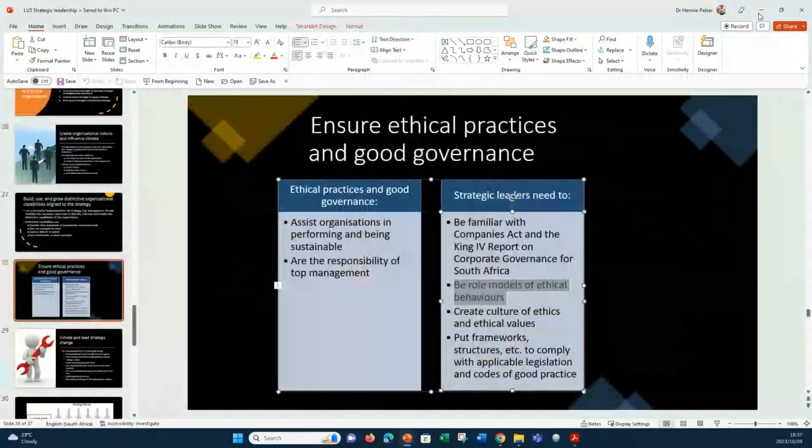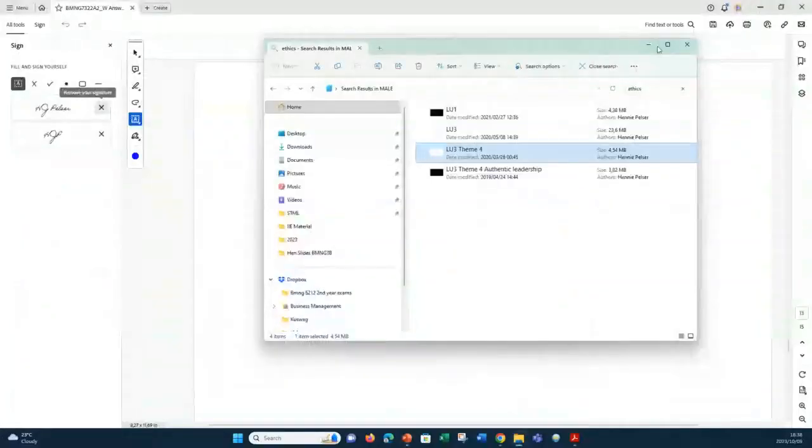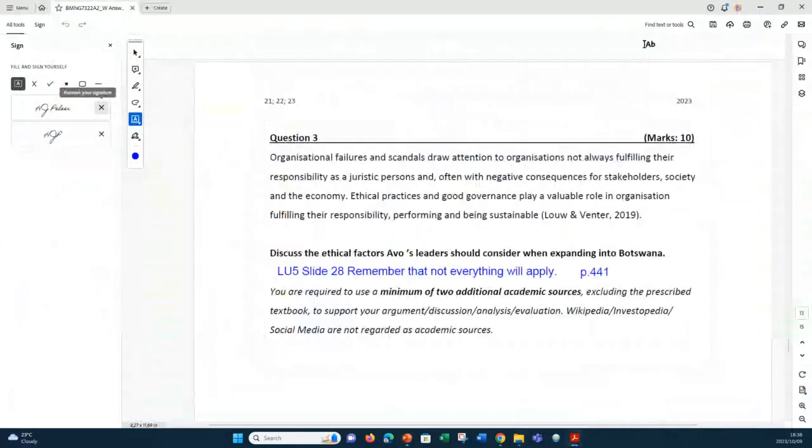But just remember, Bill, I'm worried that you're overthinking this. So the simple truth is, what does it mean to behave from a business perspective in an ethical way? And when you go into Botswana, how do we take the prevailing ethics in our business and make it work in Botswana, considering that they're a different society, considering that they have adjusted laws in terms of what we have. Don't overthink this one, boy. Okay, this shouldn't be a headache, guys. 10 marks. Everyone okay with that one?